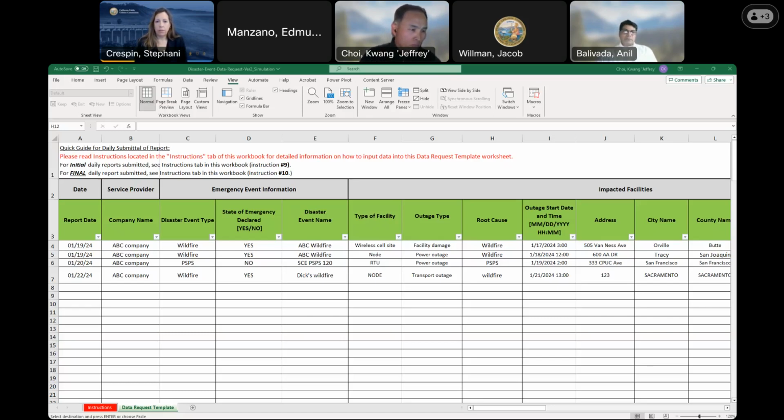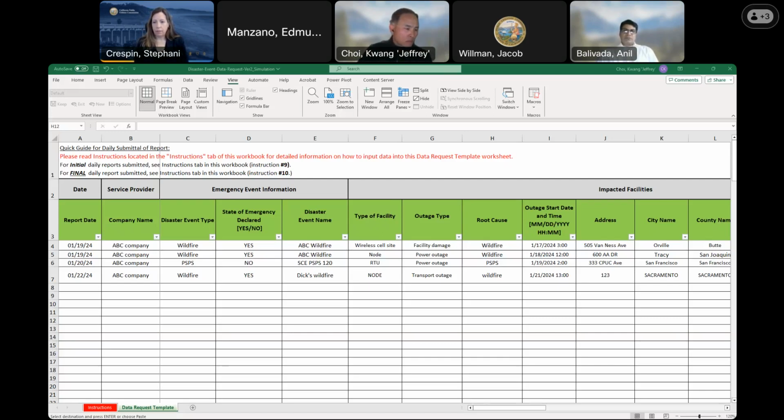As Jeffrey mentioned, for day 1, day 2, day 3, day 10, whatever days you are triggered for the incident, the report needs to be updated with no fields left blank, and should be TBD or NA if it is not known. And the final report should not have any TBDs.